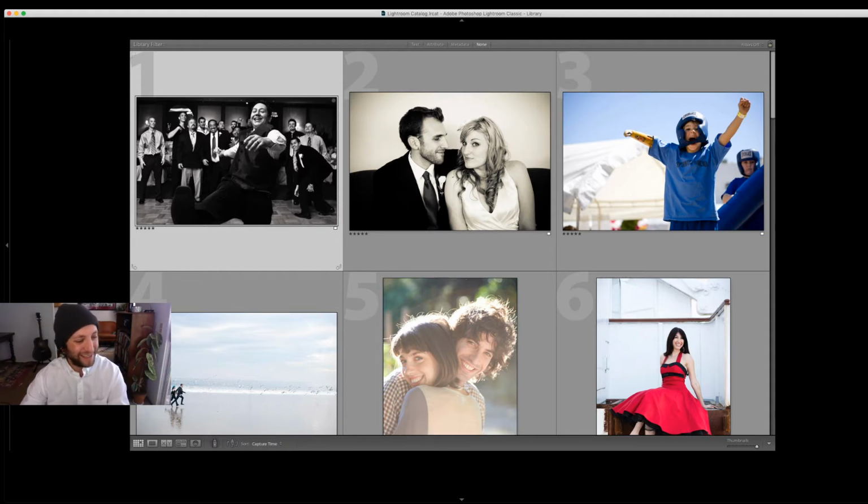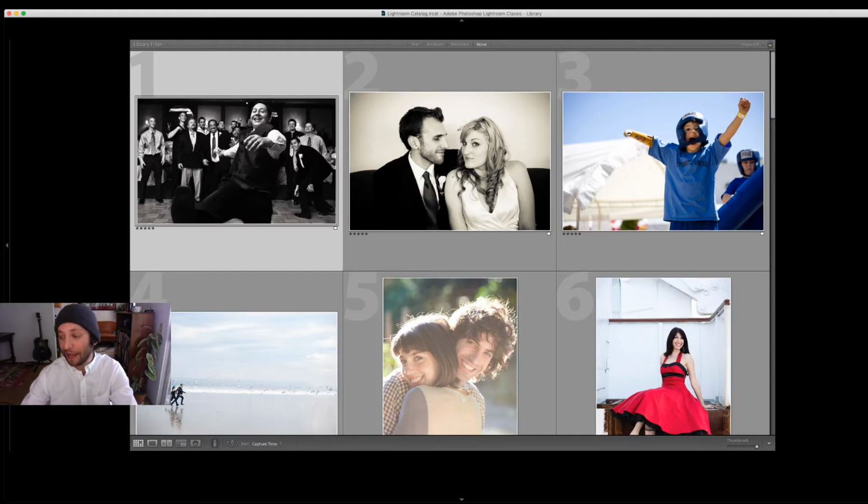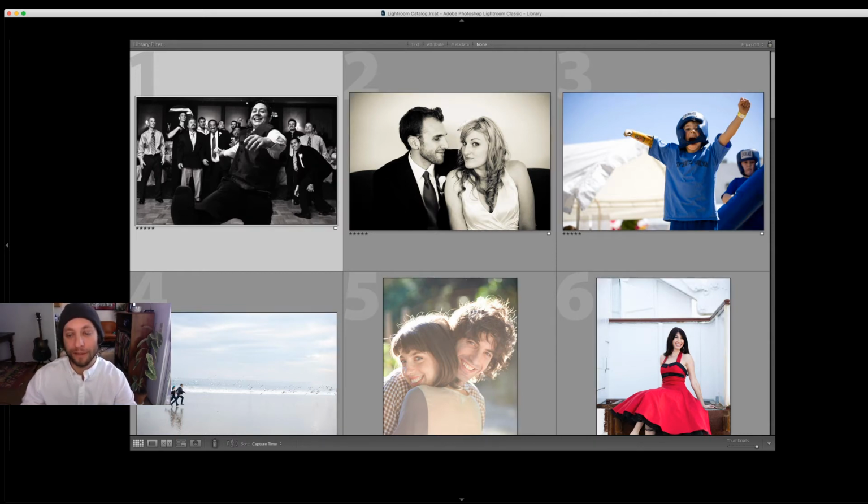So what was I saying? Shooting with the 40D, the main photographer I was working with had a 5D Classic, and I was like, these look way better. Yeah, I think he had the Classic still. I think it was right before the 5D Mark II came out. But I tried to upgrade right away. This shot right here is kind of like...